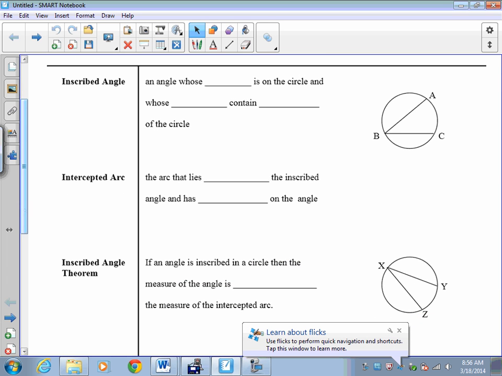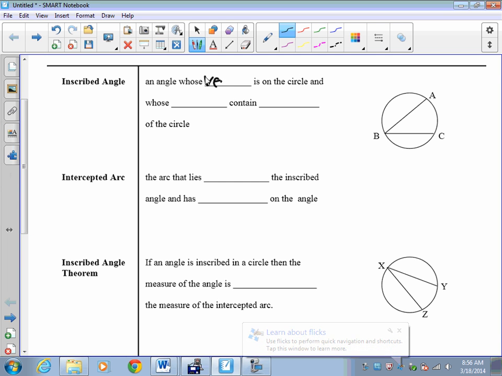So what is an inscribed angle? It's an angle whose vertex, so remember vertex would be like this point B, it's where the angle is formed. It's like an elbow point. So an angle whose vertex is on the circle and whose sides contain chords